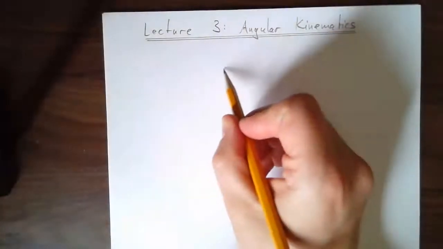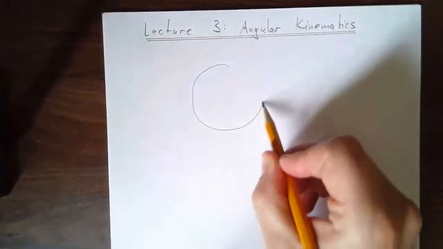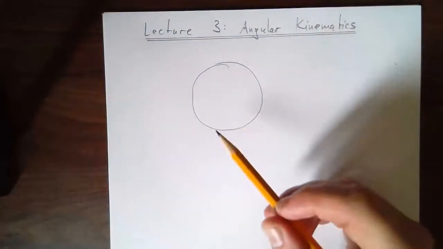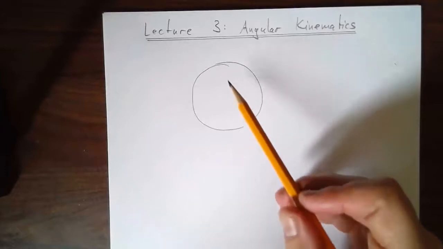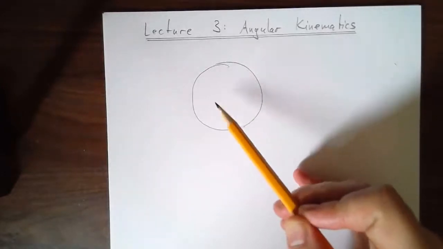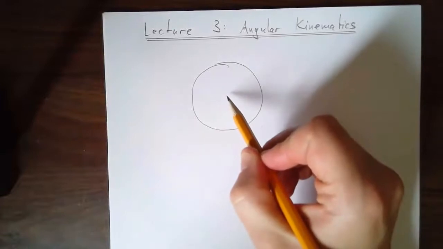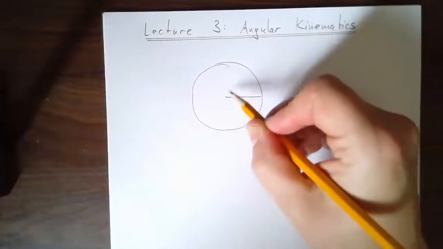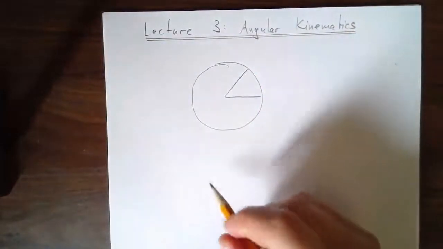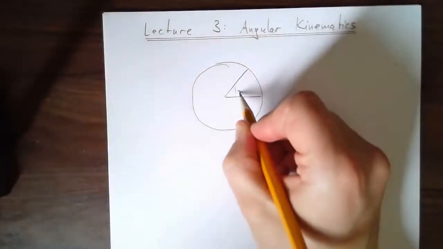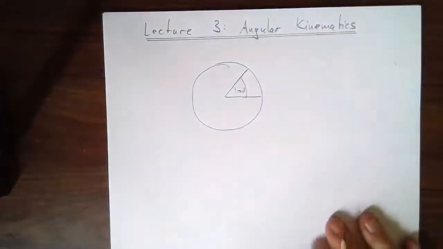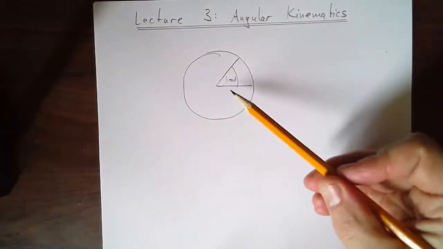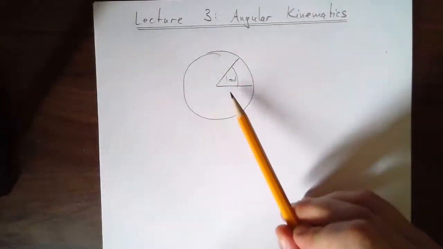Now, when we have rotational kinematics, we're talking about essentially moving in a circle, or an object rotating, and rotation of an object you can think of as each point on the object moving in its own circle. So the basic unit of angle is the radian. Now you might think, what about degrees? Sure, you can use degrees, but the radian is mathematically a lot more convenient. Now, what is 1 radian?